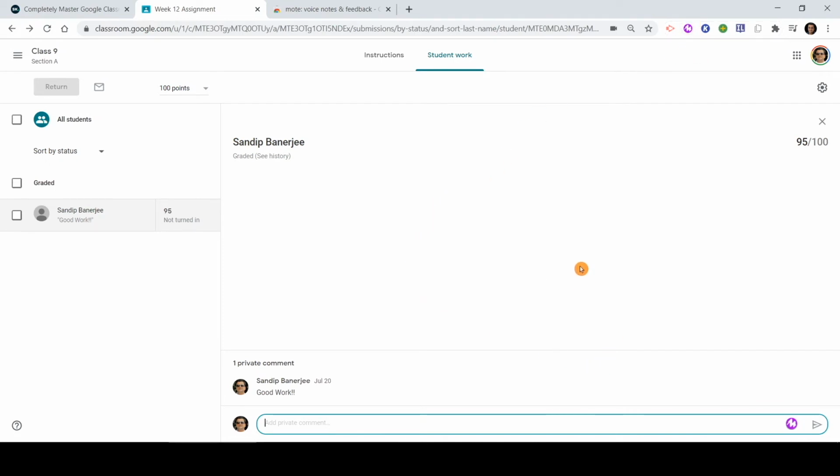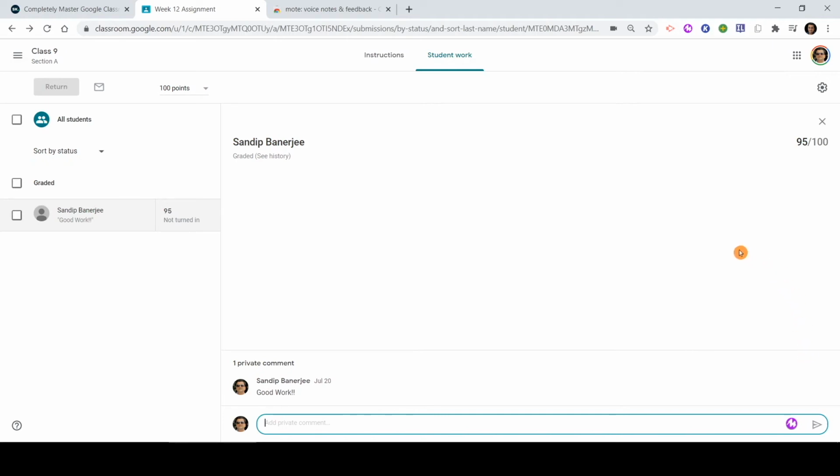Another major thing is that if you follow my mouse at the bottom right corner, you can see one icon got added here. This is one of the dummy assignments where one of the students submitted his assignment. After that, I wrote "good work" here. So now another way to do it, using Mote, you can give audio feedback. This will be very, very useful for the students who are differently abled. It will also be helpful for the students whose first language is not English. So let me show you how you can use it.